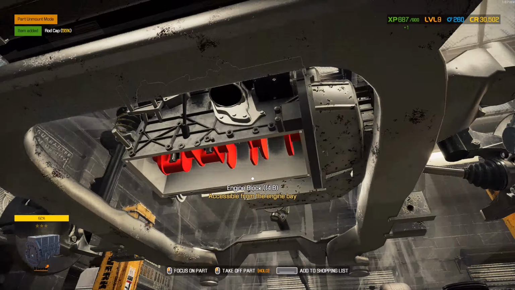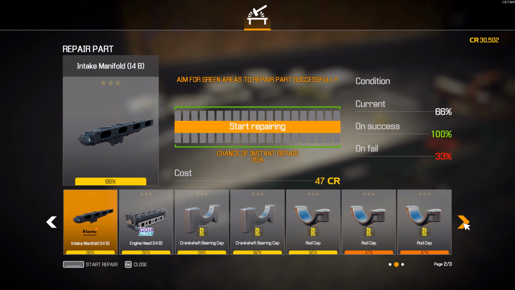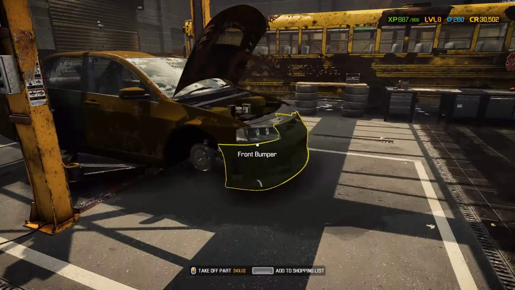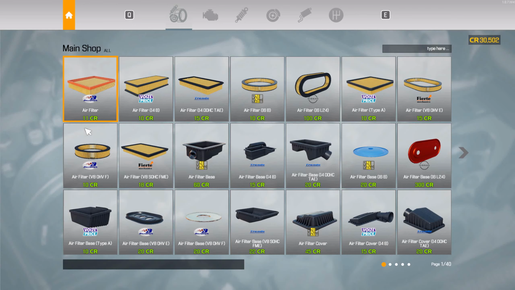All right, let's see if we can repair that stuff. Camshaft, don't need to repair that. Don't need to repair that. Don't need to repair any of this. No, we can't. So that's brilliant. There's the fuel rails, but we need a higher skill level. But it doesn't matter because those are fine. We don't need to repair them. So we do actually need to buy... oh yeah, we have the...